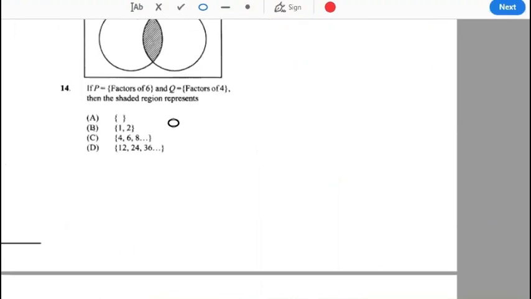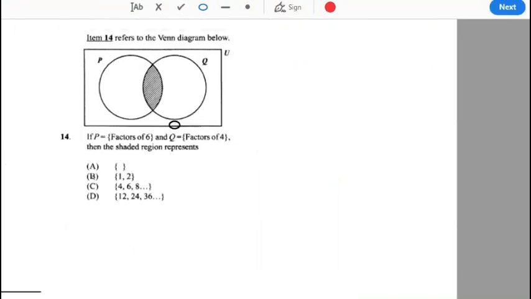So question 40, if P equal factors of 6 and Q equal factors of 4, then the shaded region represents. So once again, guys, once you know your factors, then you're good. So factors of 6, I think we did 6 up top, so it's 1, 2, 3. So what we're looking for is basically the common. So the question asks for the intersection, and the intersection is anything that is common to both sets, and then